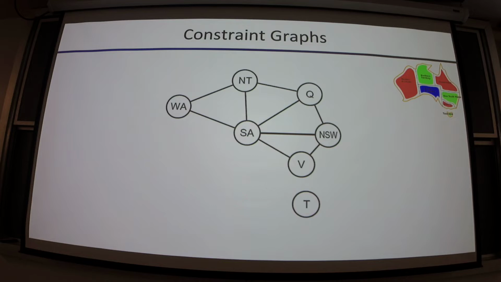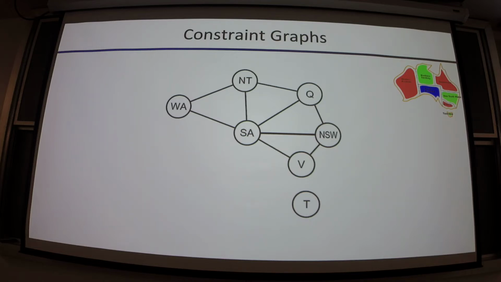So let's talk about an abstraction that we can use to encode our CSP. We're going to use something called a constraint graph. Here, we're going to have a node in our graph for each variable. And then we're going to have an edge between two nodes if there is a constraint that operates on those two variables together. This is a simplification of the general CSP, because in general, these constraints can operate on any number of variables. You could have a constraint on a single variable. That functionally looks like a restriction of that variable's domain.